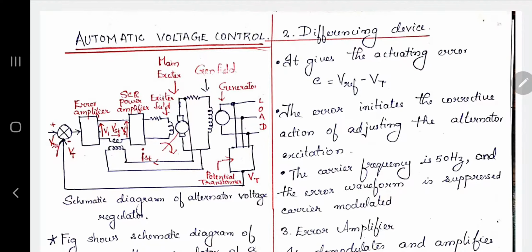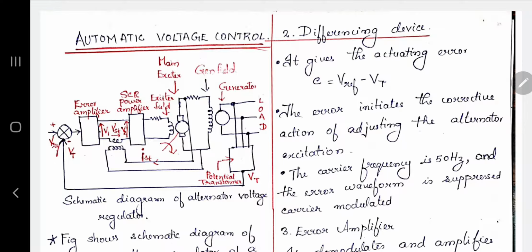Hi friends, we are moving into class 8 of module 4 and in this class we are going to discuss automatic voltage control. I would like to remind you about the first class of module 4 in which we studied that the active power and reactive power of the system should be controlled according to the change in the load demand. The active power is controlled by controlling the input to the system and the reactive power is controlled by controlling the excitation voltage.